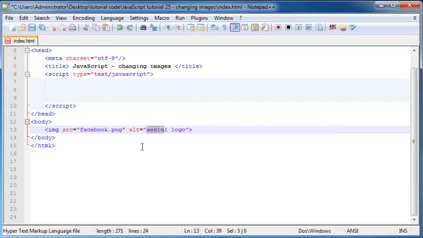Now this alt attribute actually only shows up if the image fails to load. So if the computer couldn't find the image, then that's what shows, just these words, social logo. Then what I'm going to do is give my image an ID, because we can't use getElementById if there is no ID. So let's go ahead and give it an ID of social,